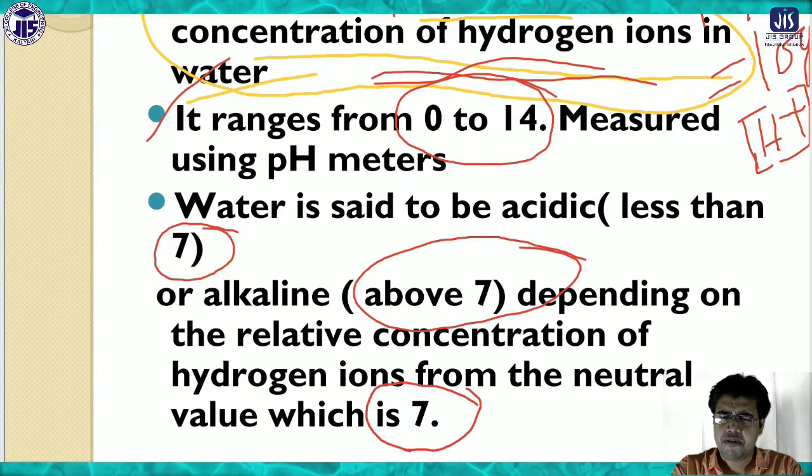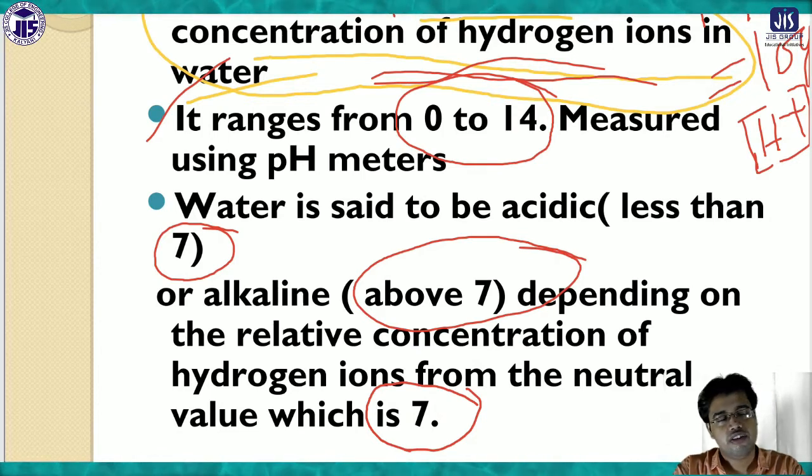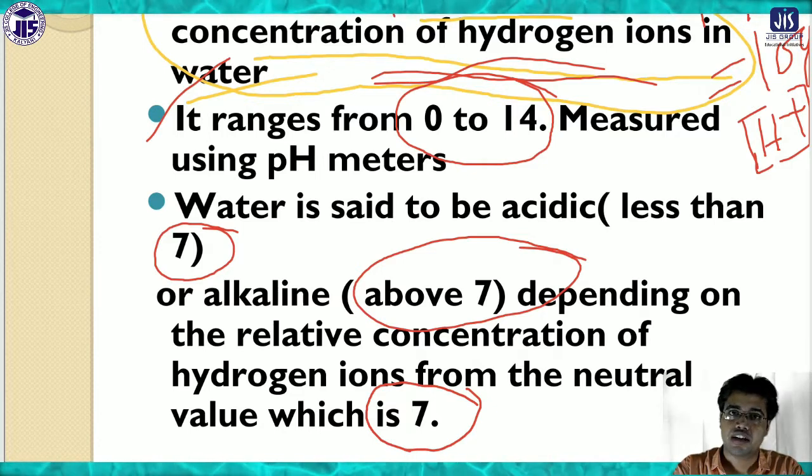If you think carefully, each and every reaction has a pH range that is very important. For example, biological reactions going on in our body occur at a particular pH. So if you don't know the pH of the water sample, we can't predict. In some cases water is used as a solvent, and there also pH is very important. So pH is a very important quality parameter of the water sample.